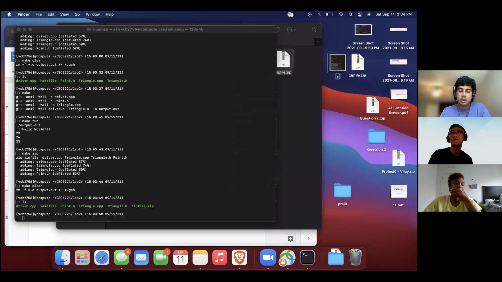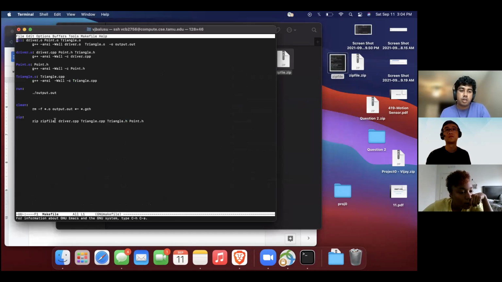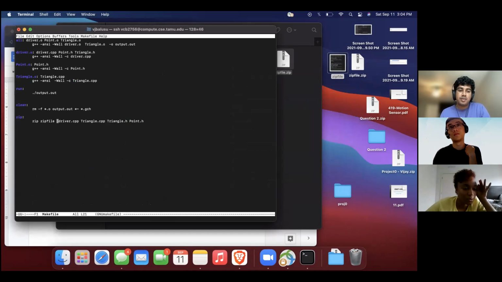Okay. Yeah, so if we do Emacs makefile, we can change the name right here. And then oh, it's after. Okay, it's inside. Yeah, like, you didn't specify it outside. So where the heck do you specify it? Okay, let me just try naming it lab 2